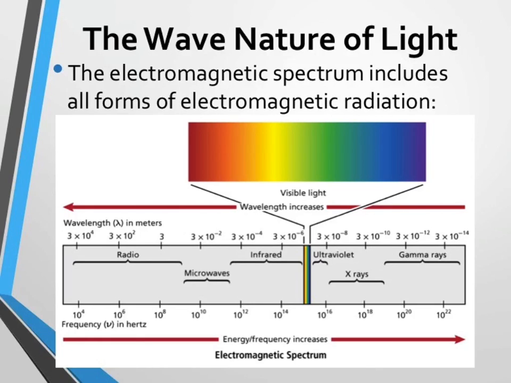So when you're looking at something like this, please take a look and see what the arrows are doing. Right now it says as I go to the left, wavelength is increasing. And as I go to the right, frequency and energy are increasing. So what can we say about wavelength? If I increase my wavelength,